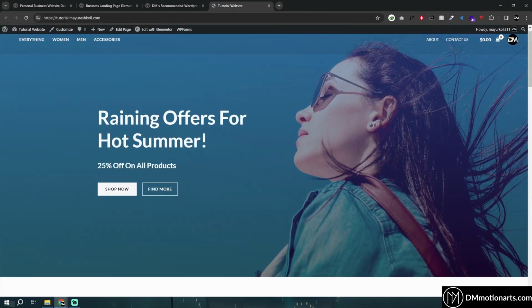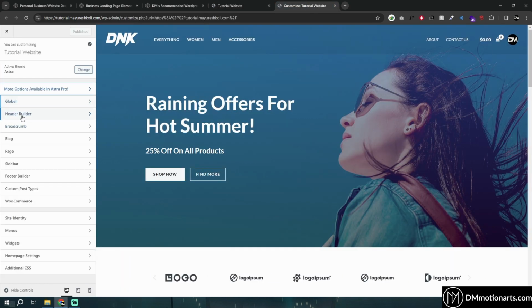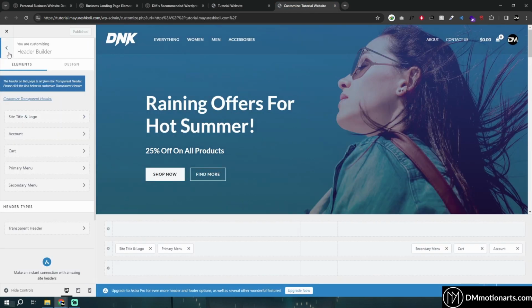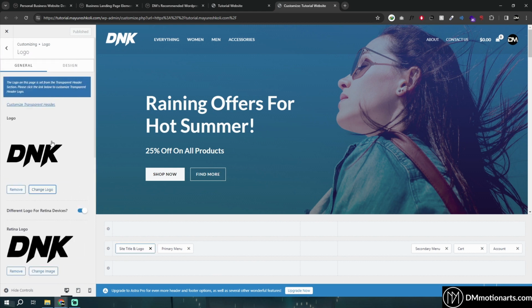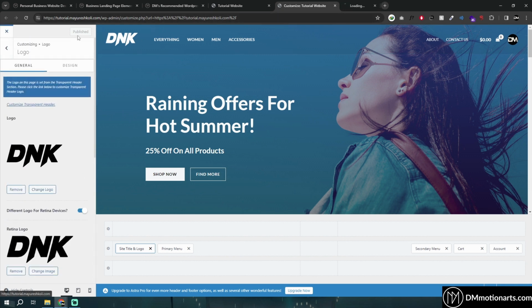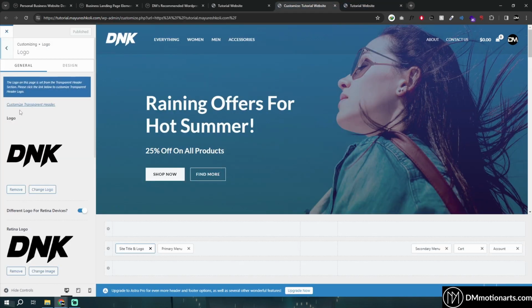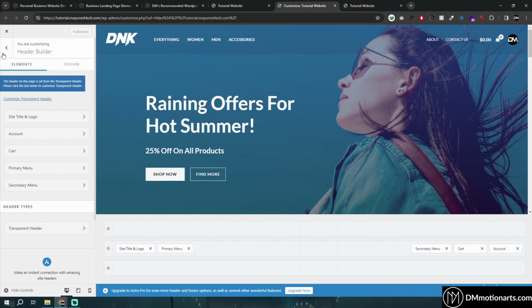And you could see that everything's installed and ready. The logo didn't get installed because we didn't add a logo, but we can basically go into customize, go into header, click on site logos, and then add your logo around here. So it was actually installed, it just didn't show it, I guess. Okay, it's now showing, but basically you could change your logo around here too.